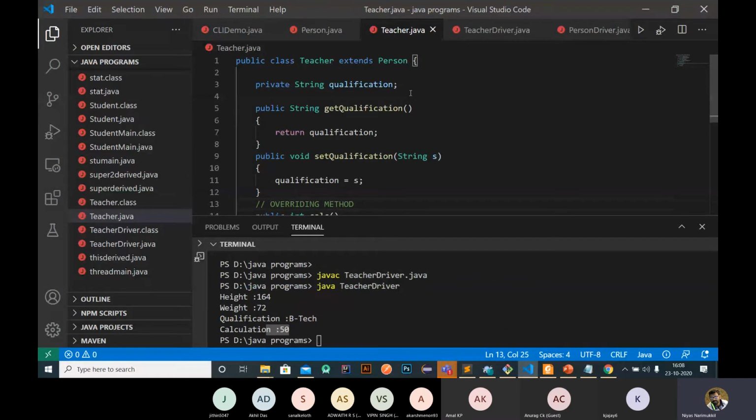And if you are inheriting, we can use this method overriding concept. We can override the methods of a parent class by creating the same kind of method in our child class. So whatever is in the child class will be executed.